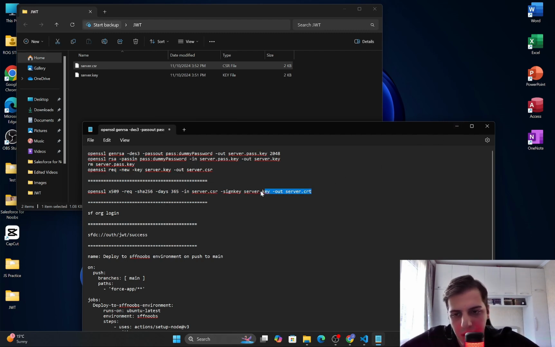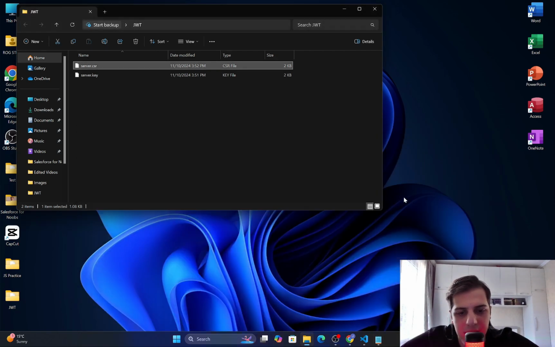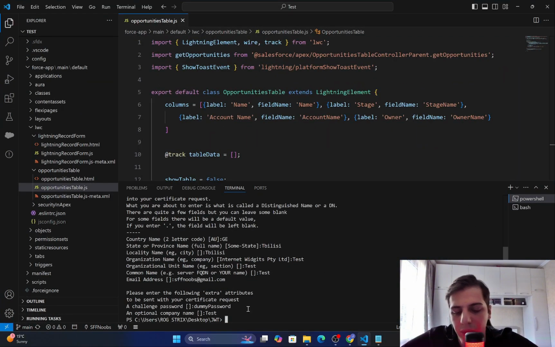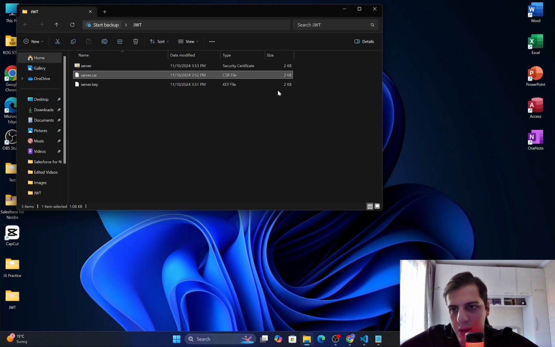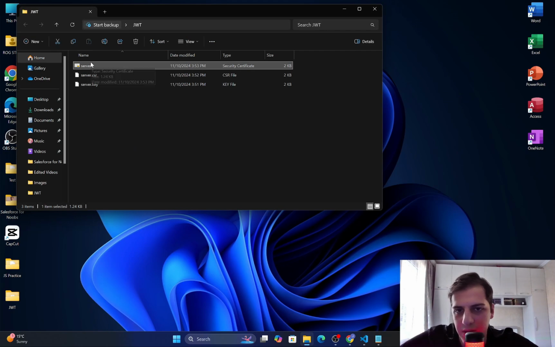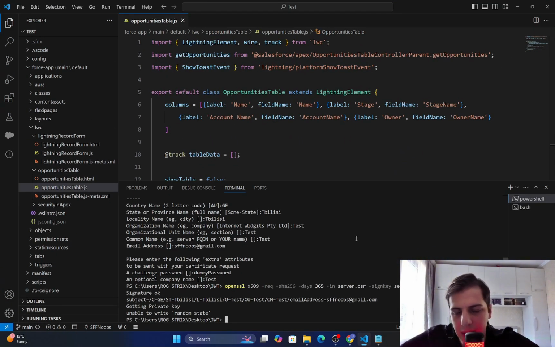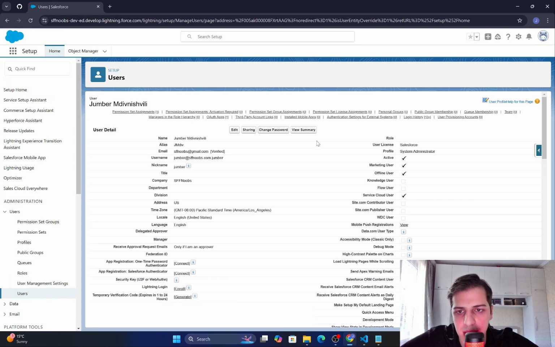Let me copy this command. First we created the private key and certificate signing request, and with the help of those files, we are generating this certificate. Let's hit enter, and here it is, the server certificate. Now we have the certificate as well. The next step is to create a connected app. Let me go to App Manager